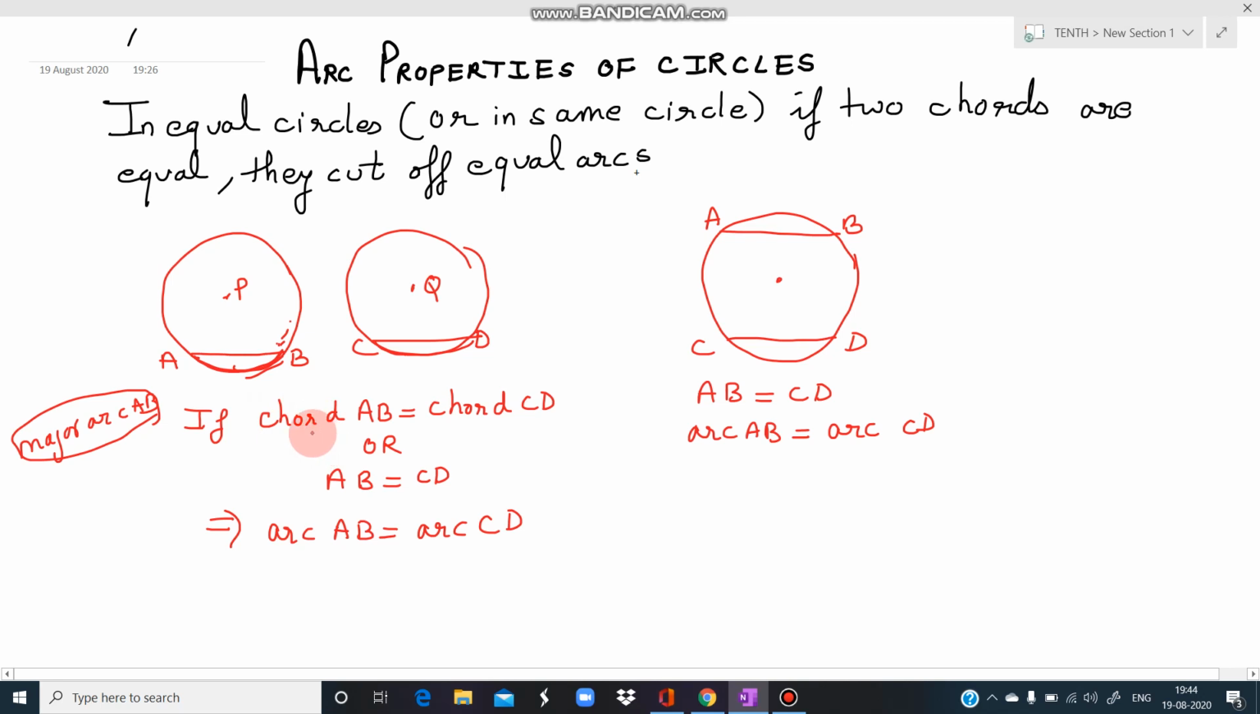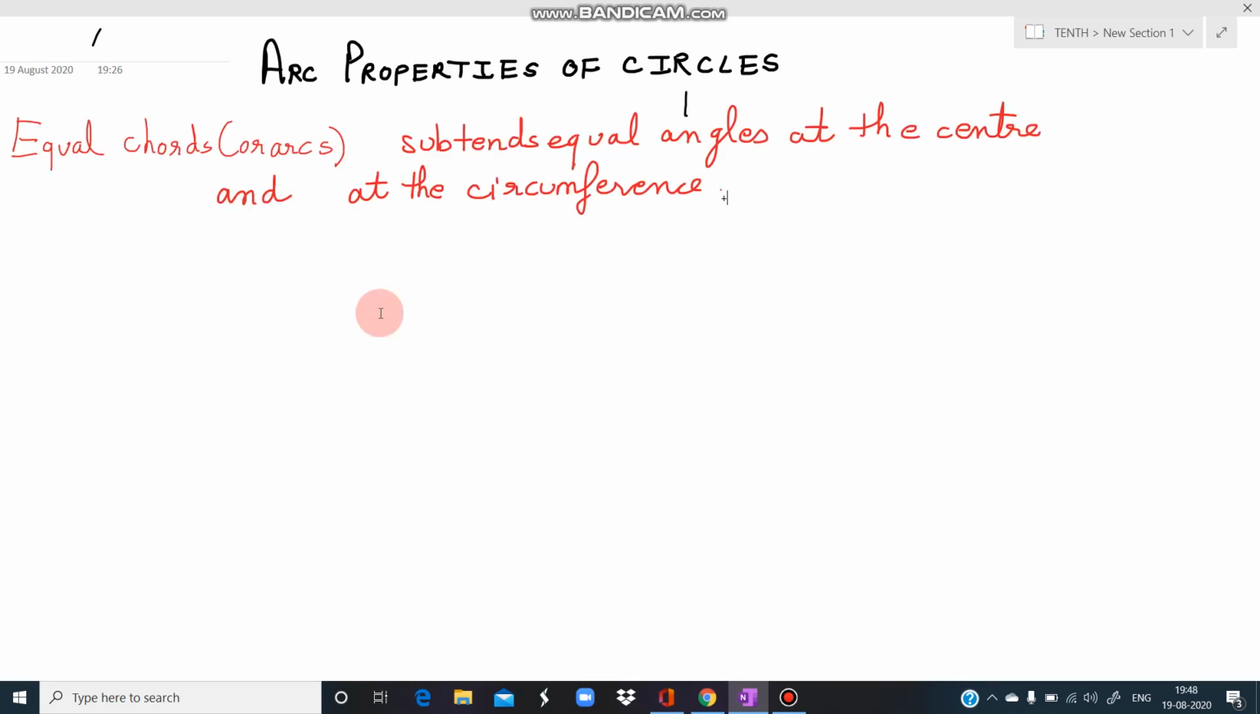जैसे हमने पीछे भी किया था converse, वैसे ही इसका भी converse है कि अगर arcs equal हैं तो उनसे जो chord बनता है that will be equal. So if arc AB is equal to arc CD, then AB will be equal to CD. So this property goes in. Friends, now comes the next result. The next result is that equal chords or equal arcs, they subtend equal angles at the center and at the